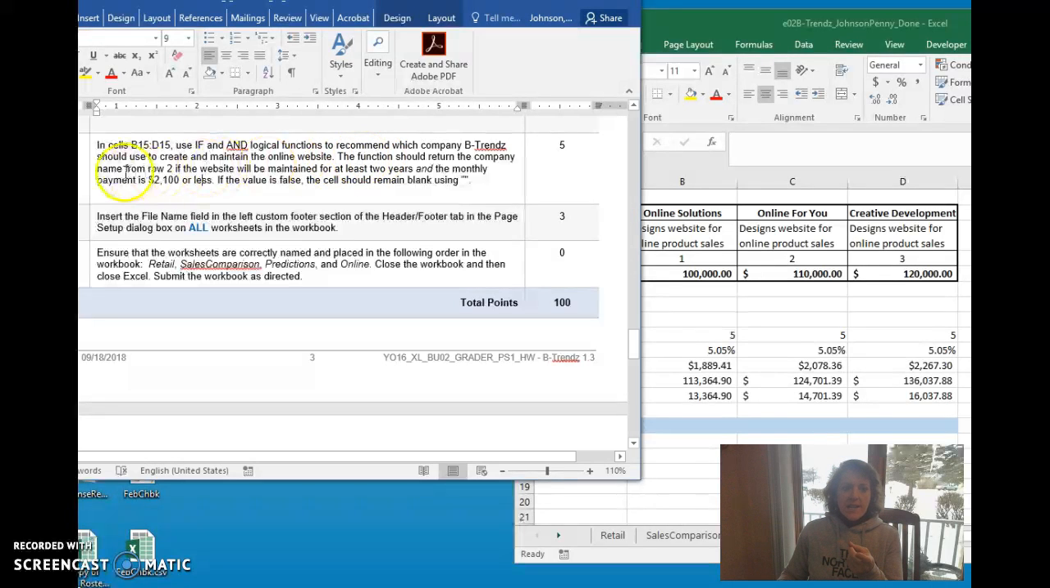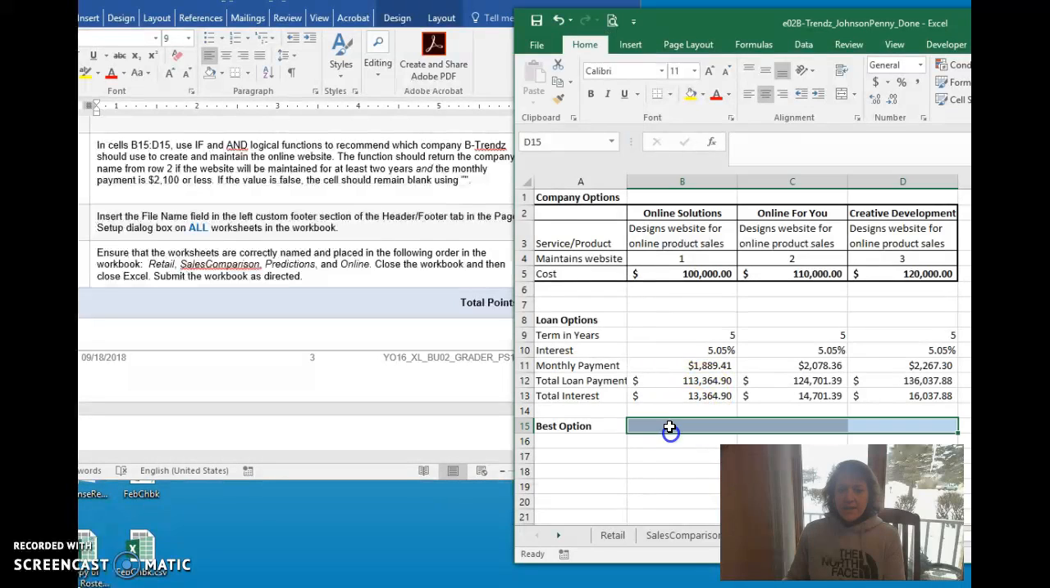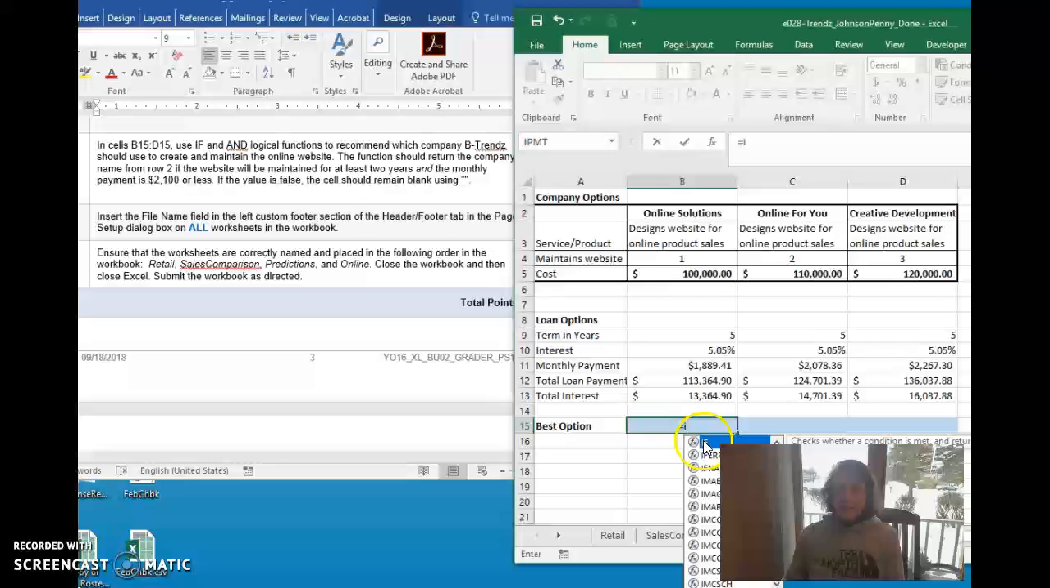The first test is if the website will be maintained for at least 2 years. And the second test is if the monthly payment is less than $2,100. Okay, so let's get started and build this if statement. So it's a regular old if statement, equals if. So I'm going to start typing that, and then I'm going to double click to select it from the list